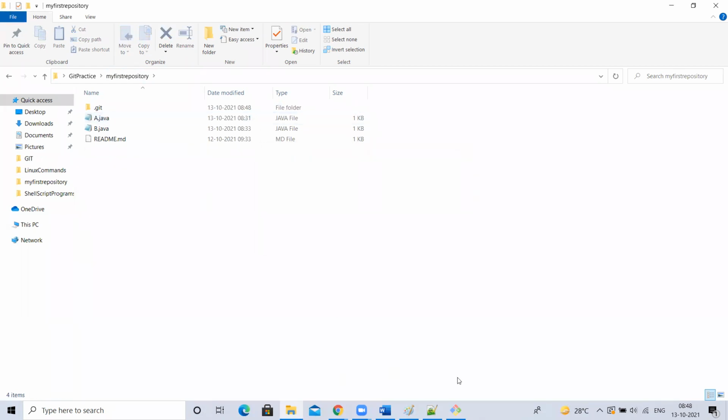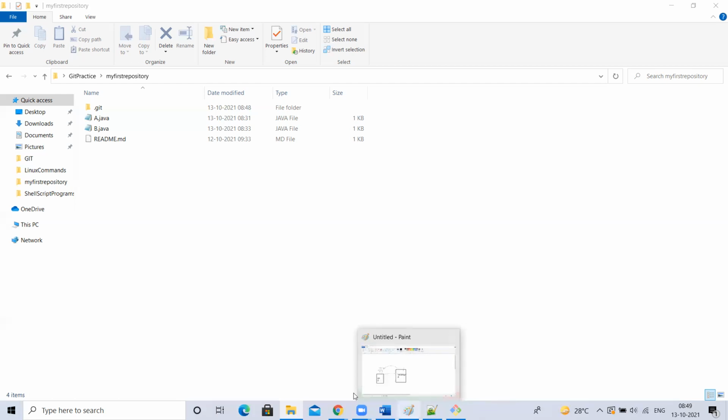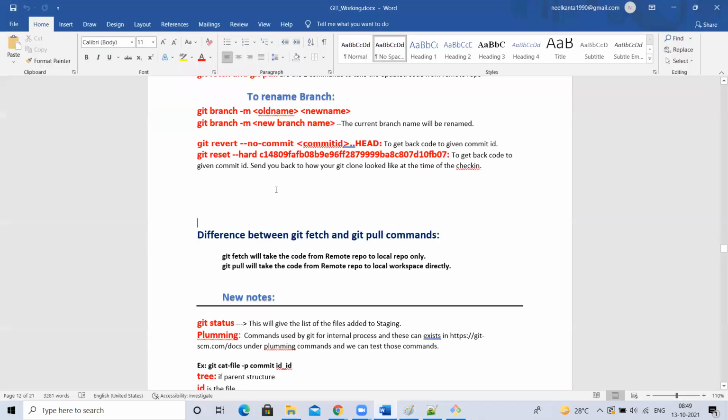Okay, if there is an empty directory, it is not going to track. If there is a file inside that directory, actually it is not tracking the directory even that time. It is going to track a file which is present inside that directory. So Git will work with files but not with directories. So if there is a directory and inside that directory there is a file, it will track. As it is going to track a file under that directory, it is going to track that directory as well. Okay, that is one point to remember.